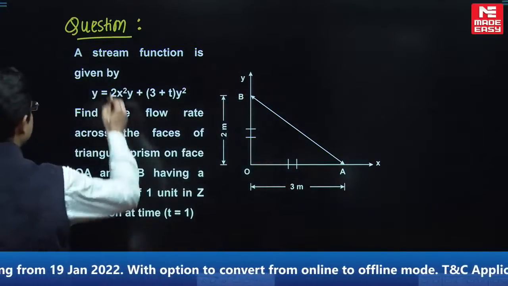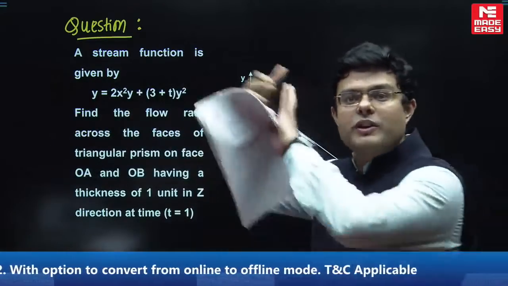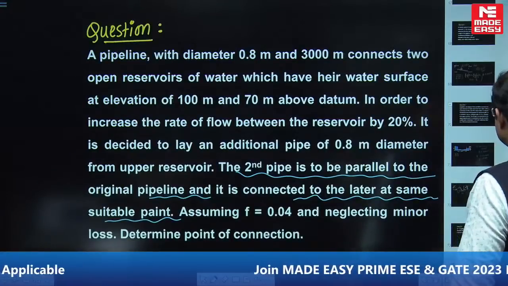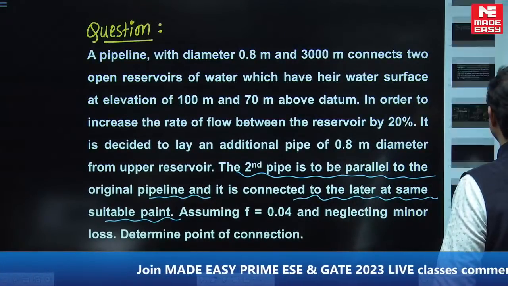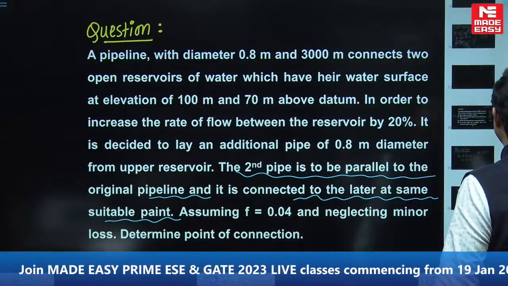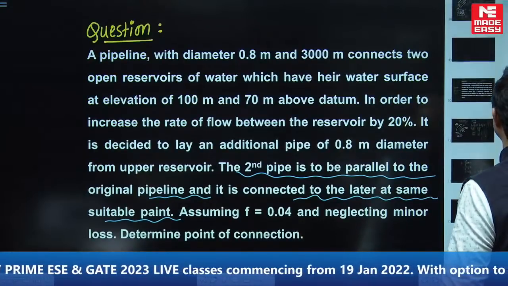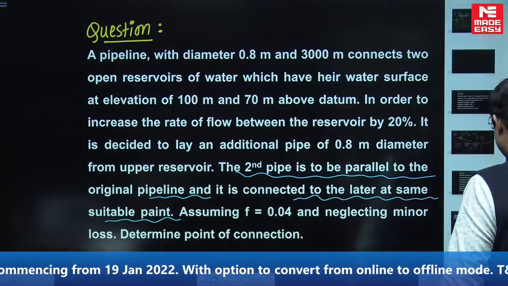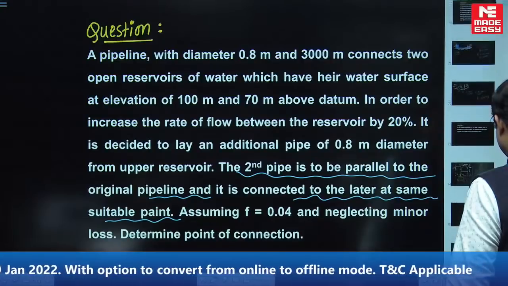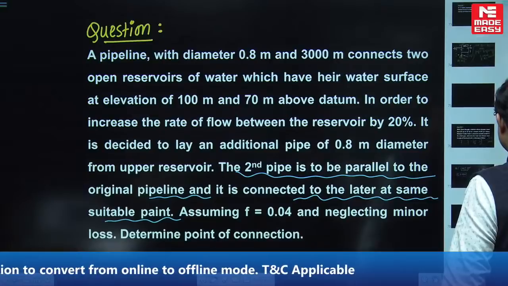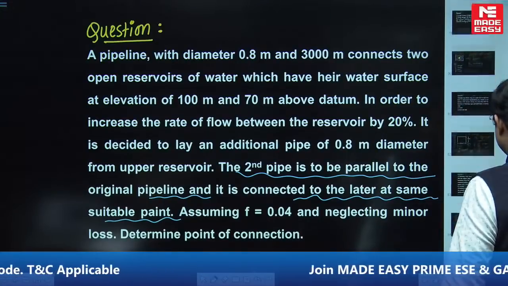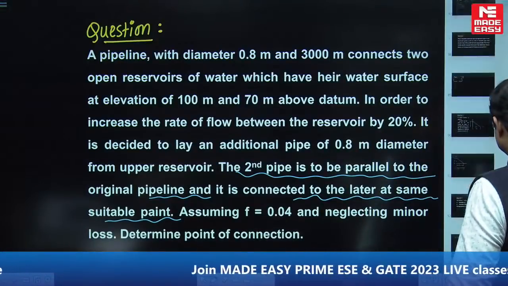आ जाओ आ जाओ, देखते हैं कितने निपटा पाते हैं 9:30 तक। अच्छा एक और बात है, पीछे जो न्यूमेरिकल्स थे उनमें से किसी एक क्वेश्चन में फ्रिक्शन फैक्टर नहीं दे रखा है, कोफिशिएंट ऑफ फ्रिक्शन दे रखा है। लेट मी थिंक, शायद वो ये वाला क्वेश्चन था, इसका ध्यान रखना बेटा एग्जामिनेशन में भी। नहीं, इसमें तो एफ ही दे रखा है। एक कोई क्वेश्चन है जिसमें कोफिशिएंट ऑफ फ्रिक्शन दे रखा है, फ्रिक्शन फैक्टर नहीं दे रखा। तो कोफिशिएंट ऑफ फ्रिक्शन को हम लोग फ्रिक्शन फैक्टर में कैसे बदलेंगे बताओ? 4 से मल्टीप्लाई करके बच्चों, ध्यान देना, ठीक है। सो क्वेश्चन को बड़े ही ध्यान से देखना कि किसमें कोफिशिएंट ऑफ फ्रिक्शन दे रखा है और किसमें फ्रिक्शन फैक्टर दे रखा है, ठीक है। बहुत ही इंपॉर्टेंट है,